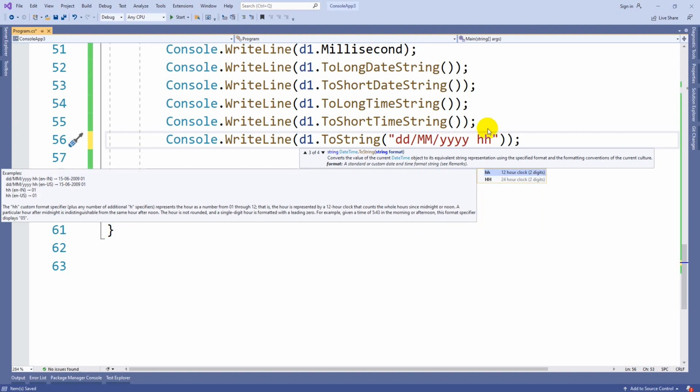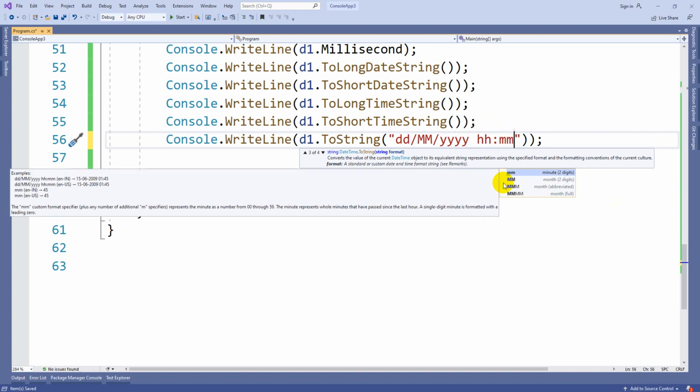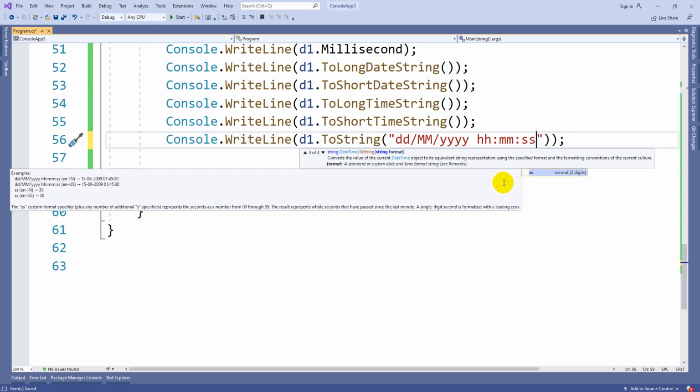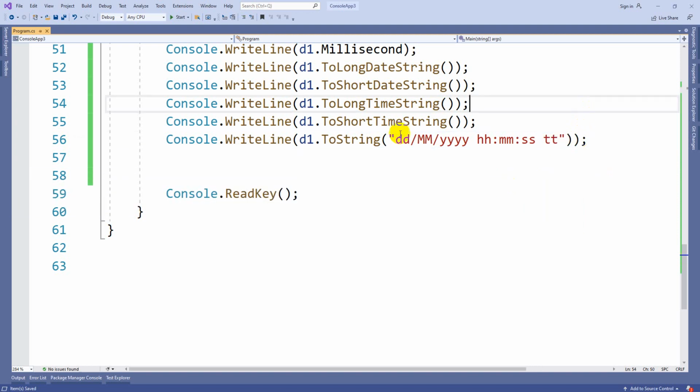You can see the description also. Capital H represents the 24-hour clock. So minute: guys, always remember, small m represents minute, capital M represents months. So seconds. After that tt, you are going to get AM or PM in full format.